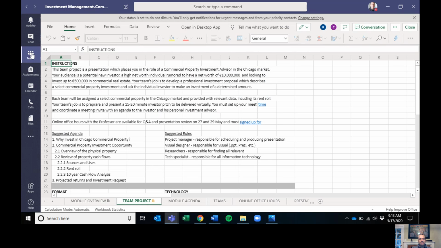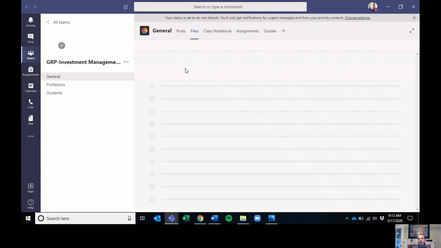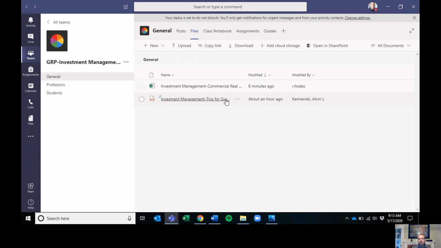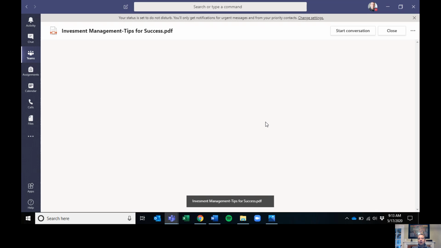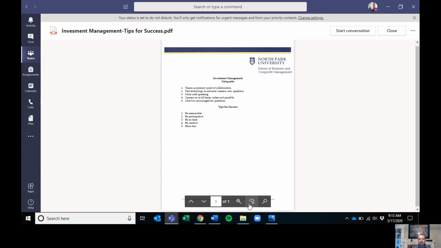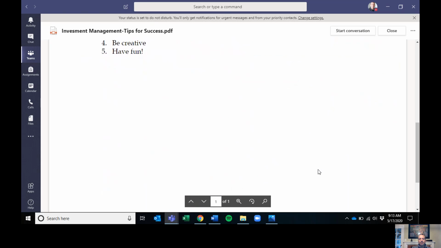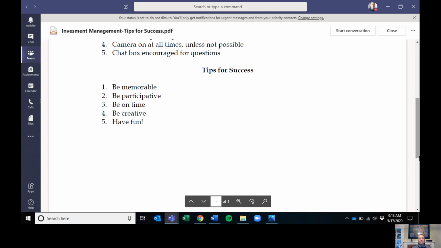So let me finish then with our last set of guidance so that you get to know a little more about how I would like this experience to unfold for us all. First thing is, number one, we only have a few weeks together and we don't have the opportunity to shake hands, to look each other in the eye and get to know each other face to face in a traditional in-person format. So you're going to need to find ways to be memorable.